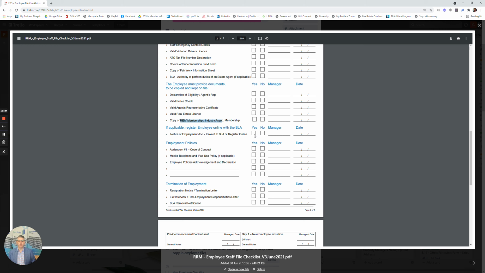So when you load your documents onto the Business Licensing Authority, or Fair Work, or Fair Trading in your state, my suggestion is to, once you've loaded it and submitted it, print a copy as a PDF and print a copy here, because sometimes you won't know if it hasn't been updated, or if there was an error or an issue, and it's not until later